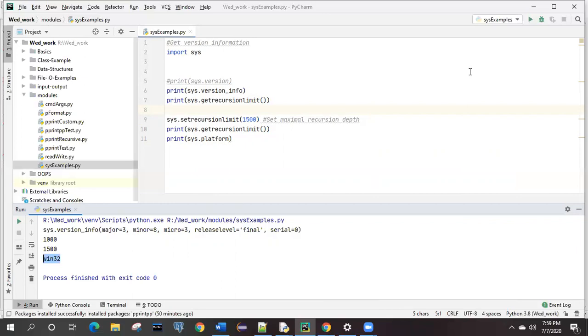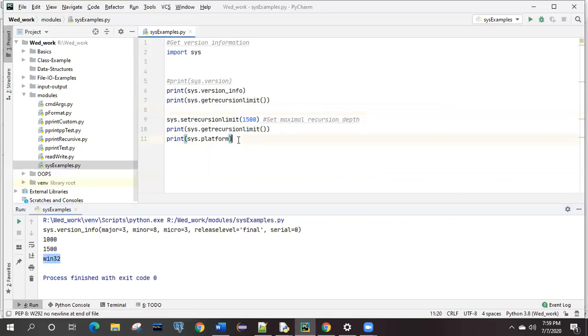It is giving you the information that this Python, whatever you have downloaded and we are using, is supported for Windows 32 bit. Got it? It is not the information about my laptop. It is information basically for your Python only. Okay, so it is supporting Windows 32. So it is printing the sys.platform.